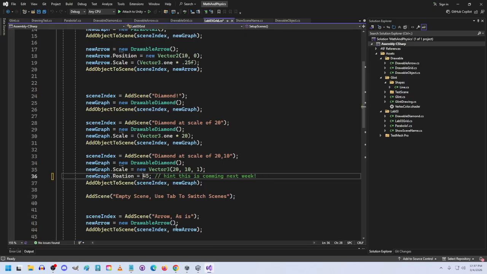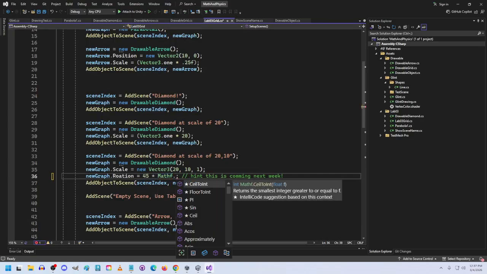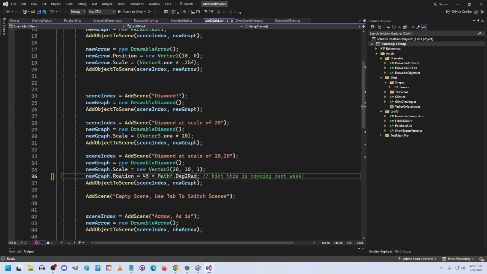Mathf.Deg2Rad, degree to radian. So basically this is bringing us back. This is multiplying this by radians to get the correct value, because we're working in radians now. Just for argument's sake,